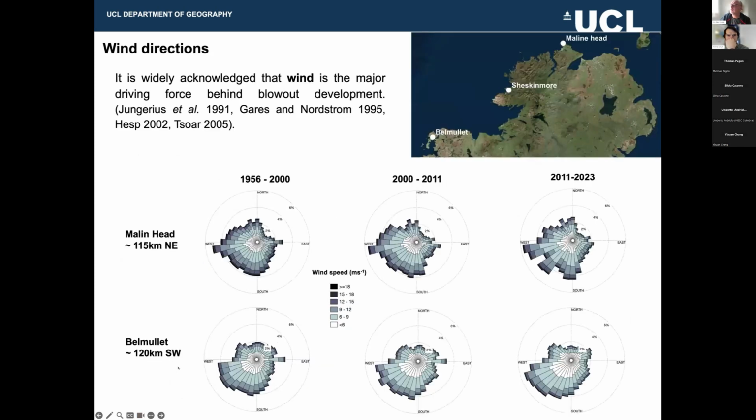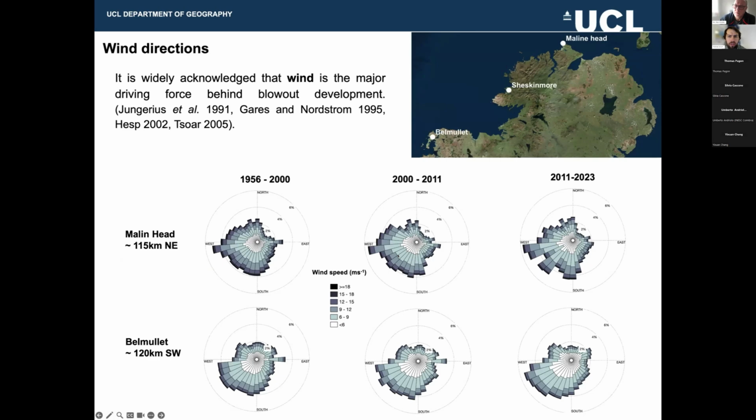Additional to that, what drove all these changes? We think about the wind direction. There are two map weather stations. One is Malin Head, and the other one, sorry, I can't pronounce the name. We're lucky to have wind speed and direction data since the 1950s for both stations. These are the nearest stations with wind data, and we noticed a small shift from west dominated to slightly more